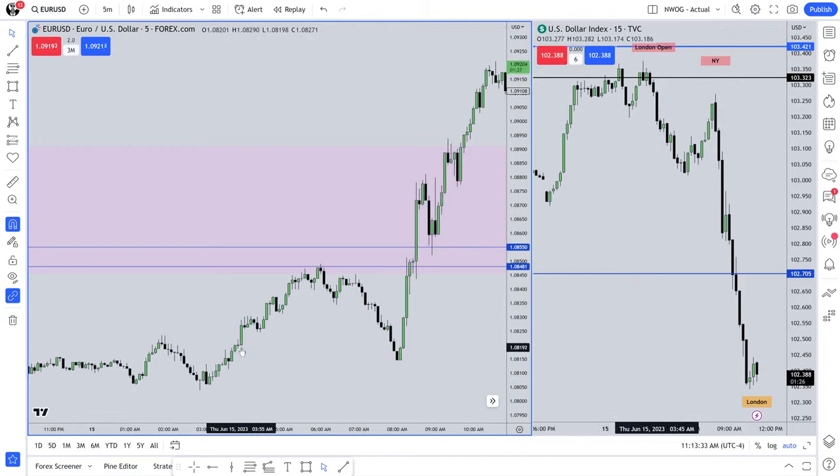In itself, at this time of day, is 3:55. What time of day is that? London Open Kill Zone. Between 2 o'clock in the morning and 5 o'clock in the morning. This fair value gap right here is the silver bullet for Euro for today. You only need this low right here to trade to. There. What time is that? 4:20.